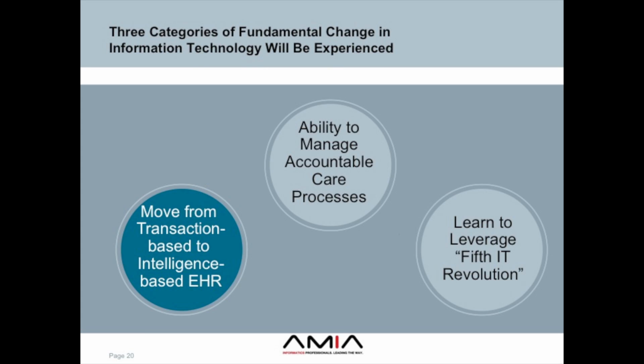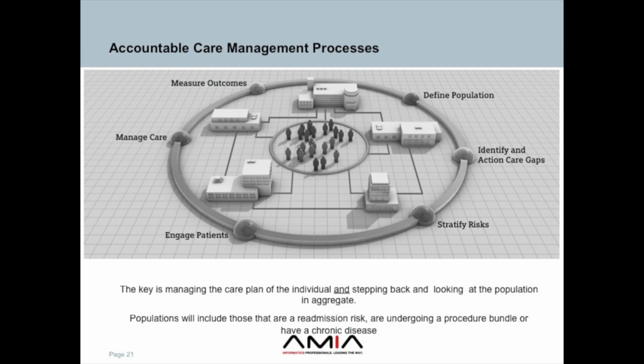The second one is the accountable care processes. Now, the basic idea here is we talk a lot about how we will be responsible for populations. And the core point here is, who is it that defines the population? The answer is those who purchase care define the population. I'm going to tell you what it means to be a diabetic and who's in that. And so that's where the definition comes from.